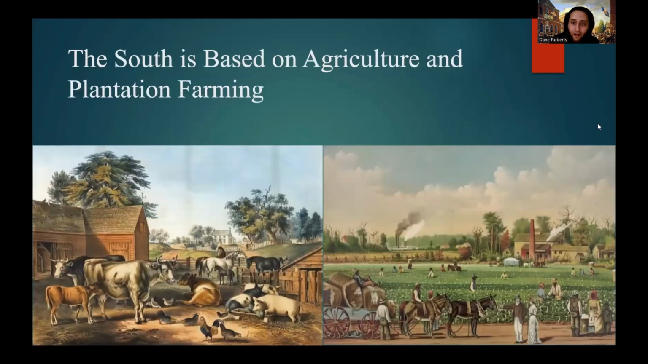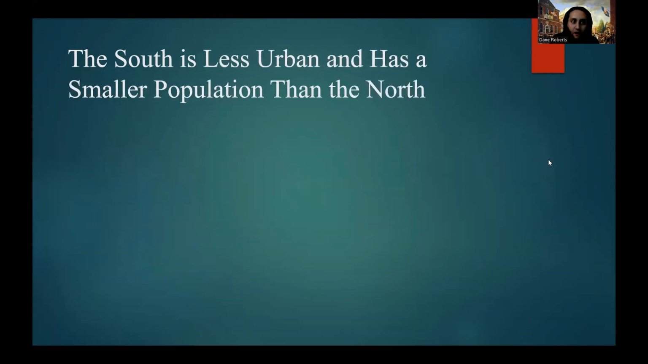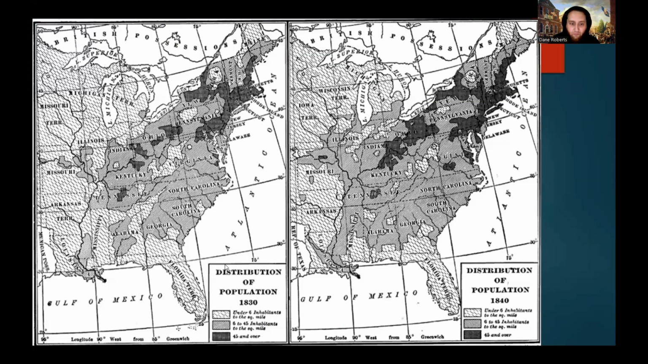All right, so now with that out of the way, let's look at the Antebellum South itself. The economy of the Antebellum South was based on agriculture and plantation farming, with the South being less urban and having a smaller population than the North, which you can see in maps such as this here and here. And in fact, in this map, even with the increase in population density in the Antebellum South in the 1840s, it was still far less dense in terms of population than the North,